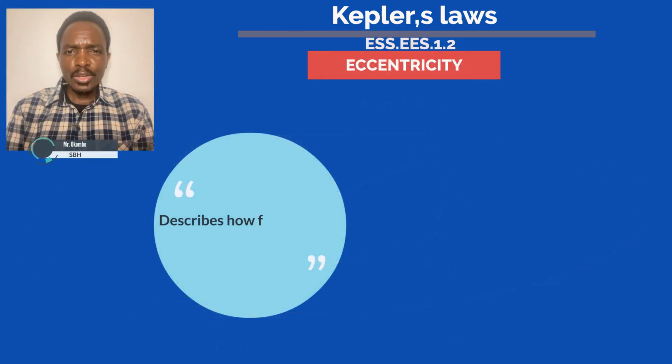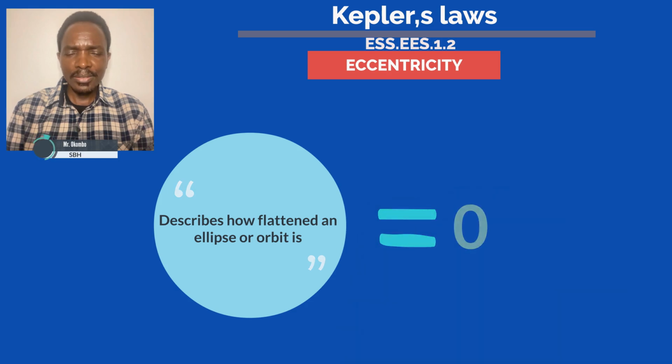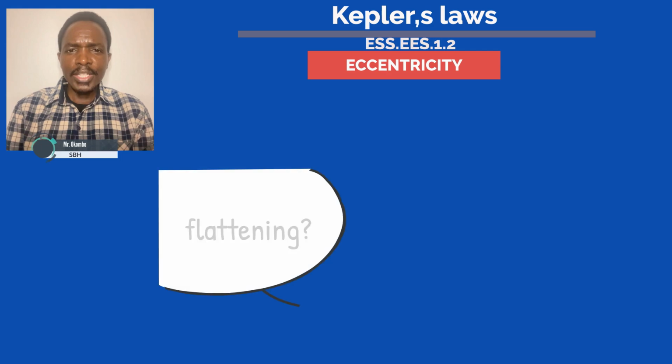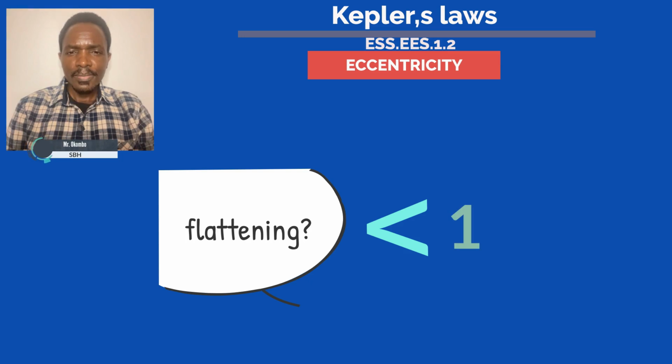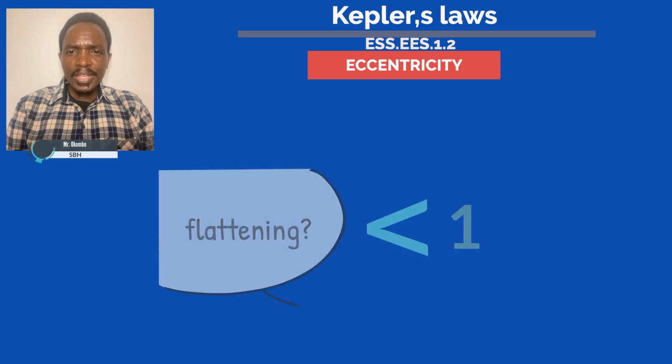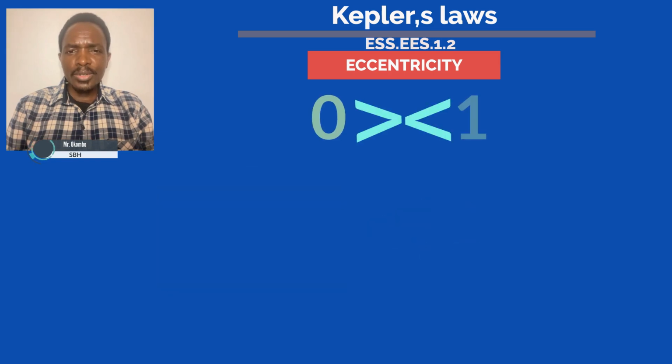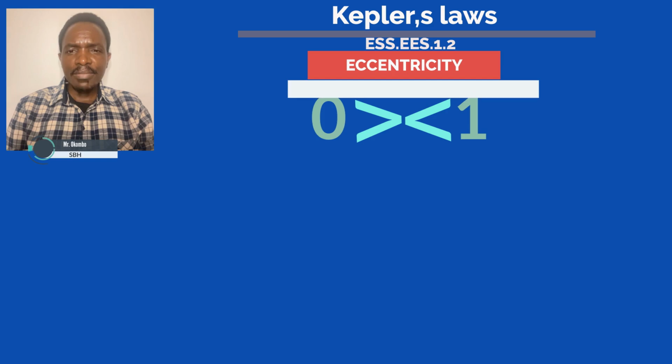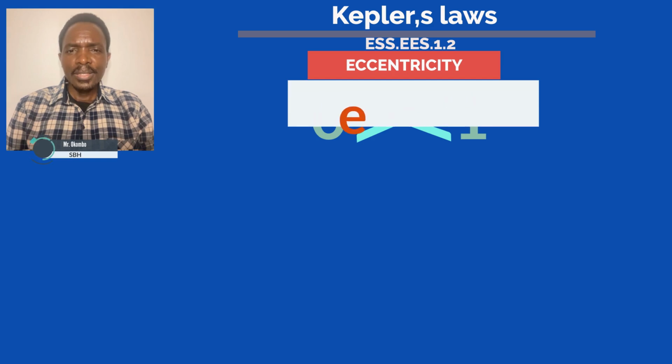Eccentricity is the terminology used to describe how flattened an ellipse or an orbit is. A perfect circle is not flattened at all, therefore its eccentricity is 0. When it begins to flatten, its eccentricity begins to approach 1. Eccentricity of any ellipse will be between 0 and 1 and is governed by the formula E